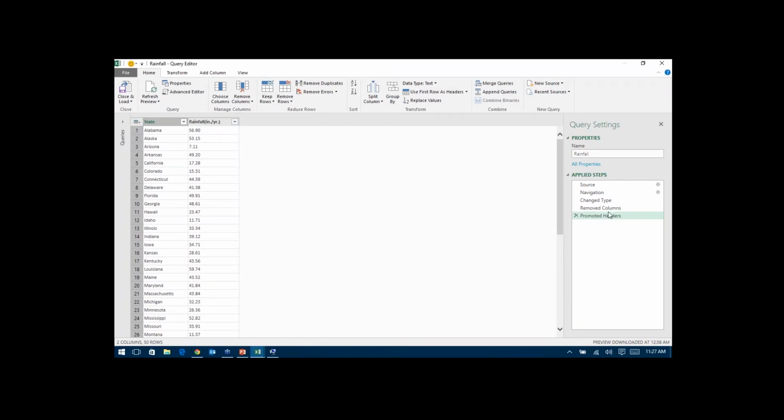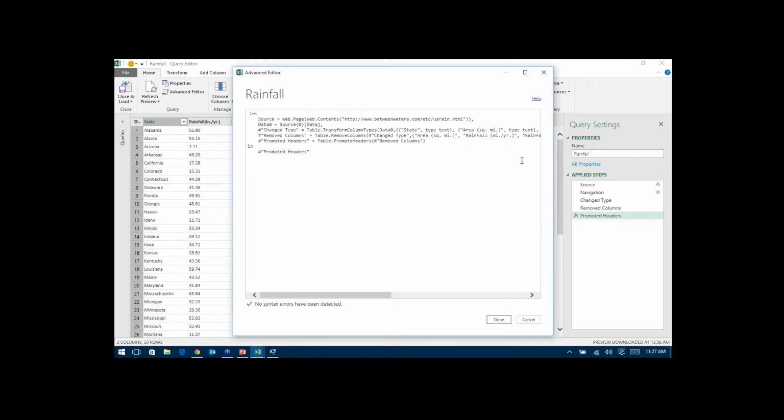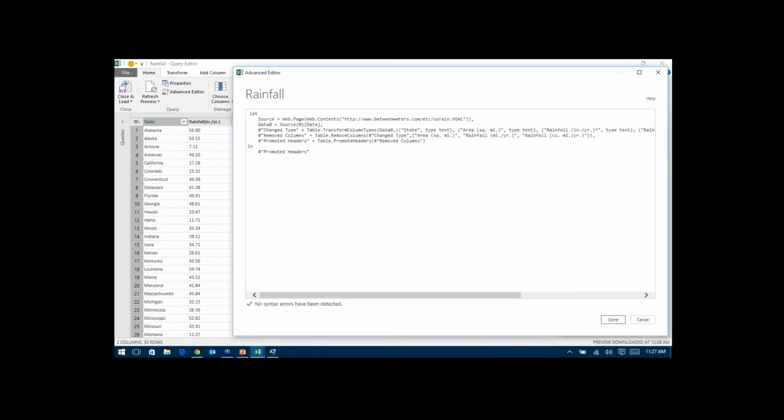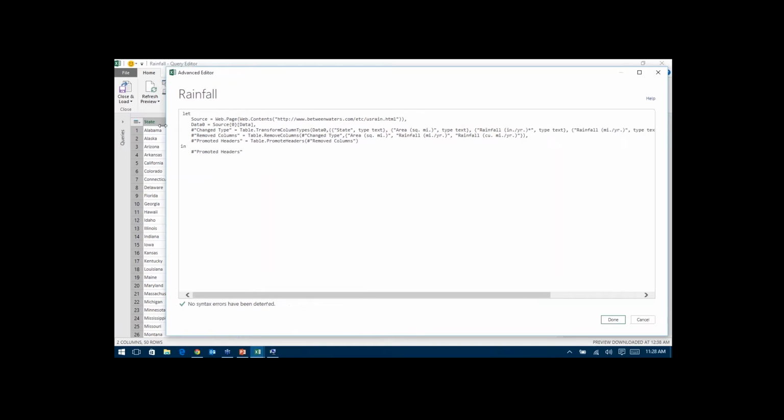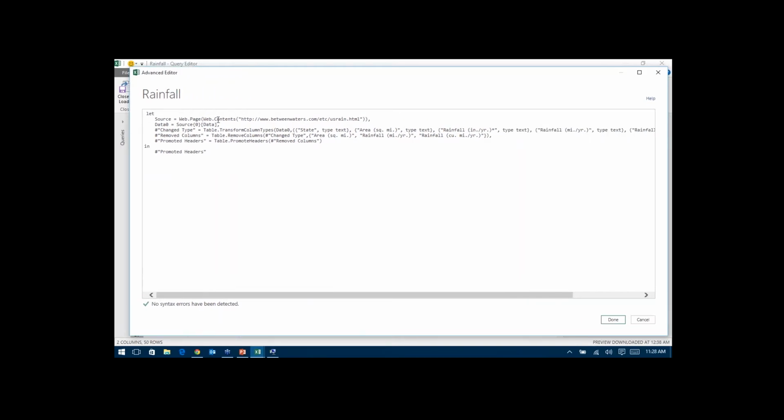Okay, so each one of these steps over here on the right-hand side is what's happening as I'm making all these changes. If you want to see what's actually going on in the background here, we can click on this little advanced editor. You'll see here is the M query language that we have in the background. So all those steps that we've done, you'll see that they each created different M steps here in the background. So we changed the type, so it did a little bit of manual work there on its own. We removed those couple of columns. You'll see that was the area, rainfall, and rainfall columns there. And then we promoted that first row into the header section. Okay. We can come in here and we can actually see the queries that are running in the background, and we can actually modify these here as well if we wanted to.